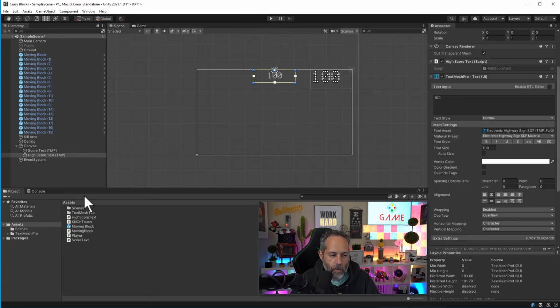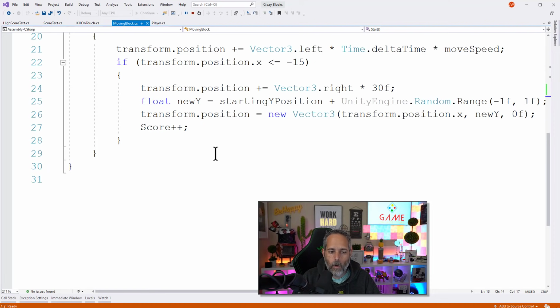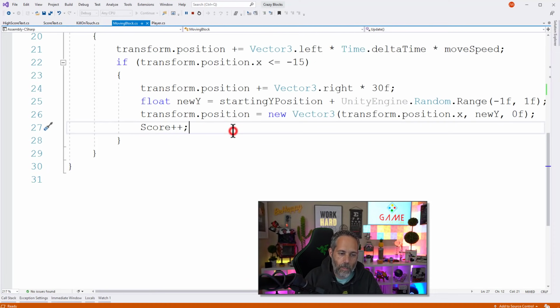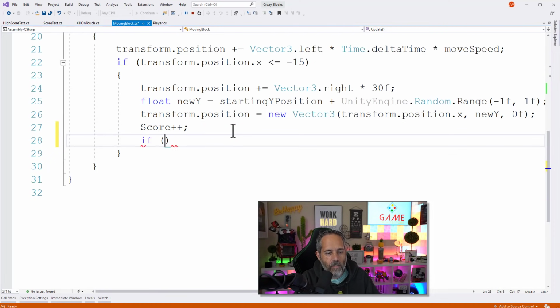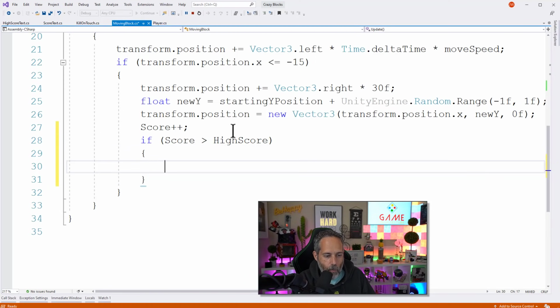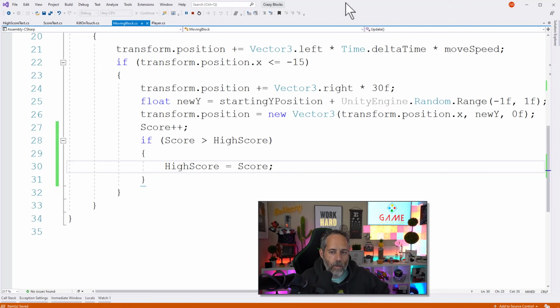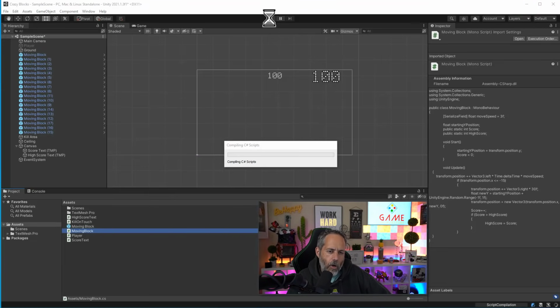The last thing we need to do is make our high score go up whenever we beat our current score, or whenever our current score beats our high score. To do that, we'll go into the moving block, find the code where we're incrementing our score right here on line 27, and right after it, we'll say if score is greater than, so not greater than or equal to, but greater than highScore, then on the new line, we'll add in our braces and say highScore equals score. Add in a semicolon, save that off, minimize, go back into Unity, and you'll be amazed to see that